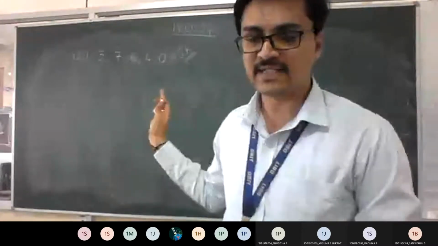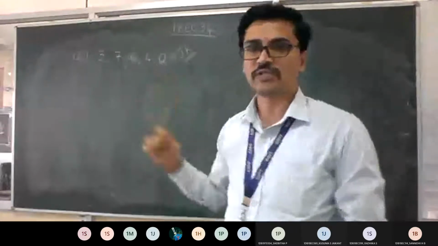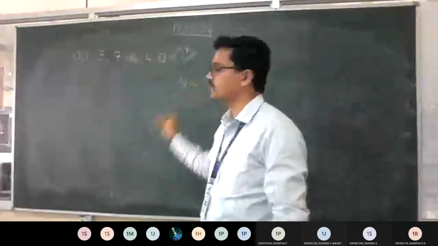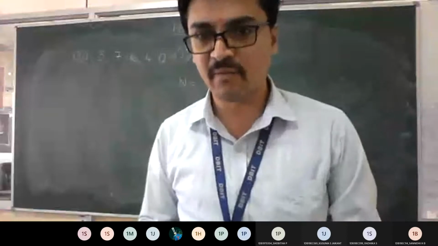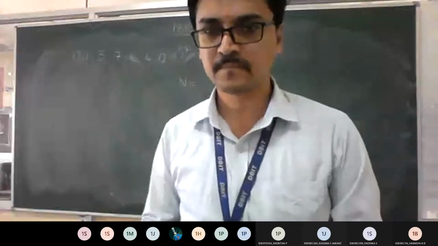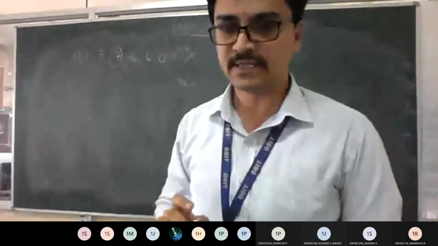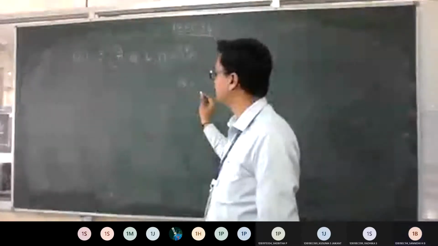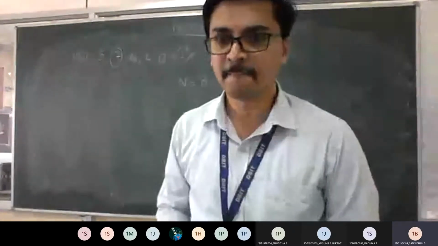Okay, so now we made the assumption that we should design using JK. First, we need to know how to calculate the number of states. So the number of states, your capital N. As your friend told, look at the sequence. In that sequence, which is the maximum number you have? 7. Good. So it means I can count from 0 to 7. So how many states now? 8 states. Agree?